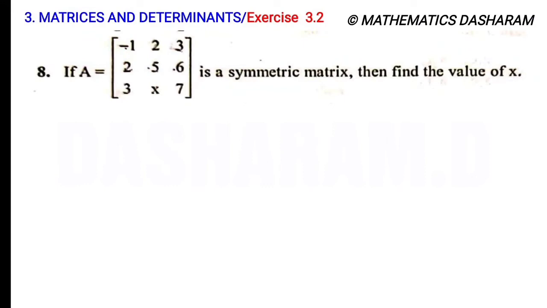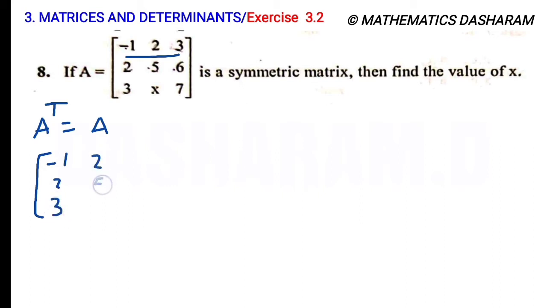Eighth question. The given matrix A, a 3 by 3 matrix, is a symmetric matrix. Then what is the value of x? As per the definition, if A transpose equals A, then A is called a symmetric matrix. So A transpose is nothing but the first row becoming the first column: minus 1, 2, 3,